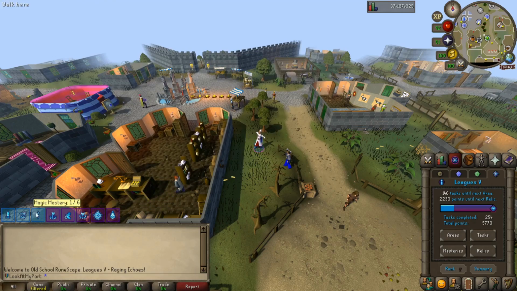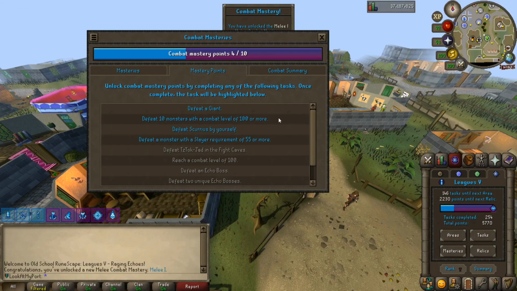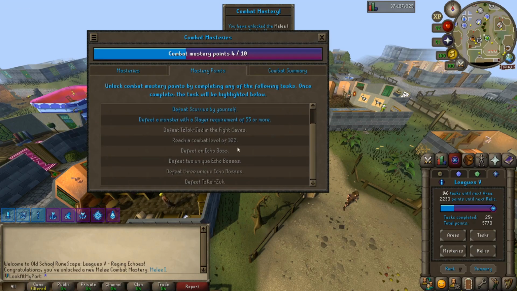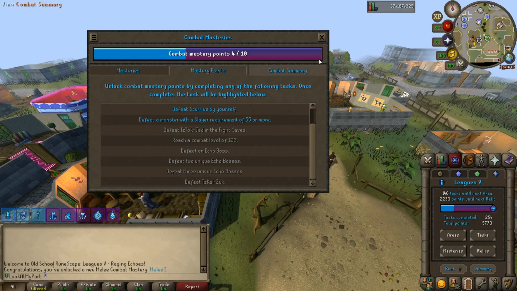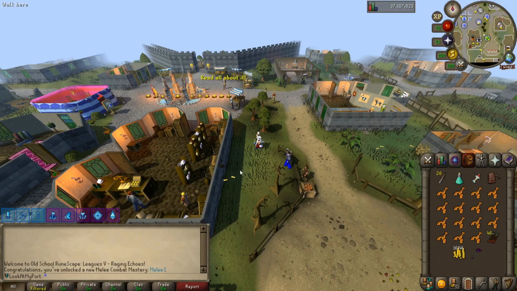Splitting it between all 3. Definitely a choice. Next mastery point, likely to be 100 combat, depending on how things go. And then Jad and Echo bosses. Oh boy. As far as completing rooftop courses